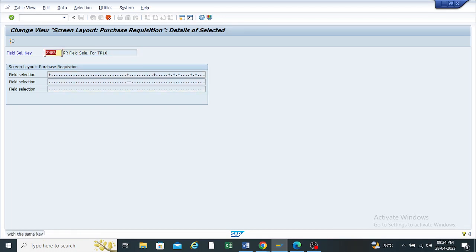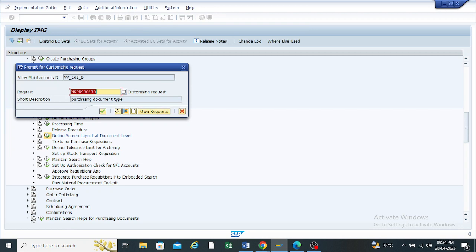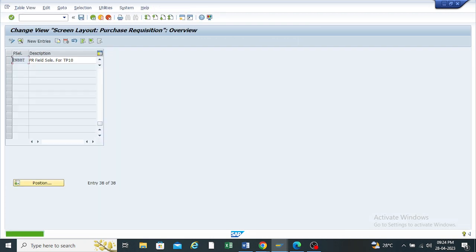Okay, just enter. It will show that the entry already exists. So what I can do, I can name it ZNBBT. No issues. Just select it and save. So the customized field selection key will be created here. Okay, I can just copy this field selection key